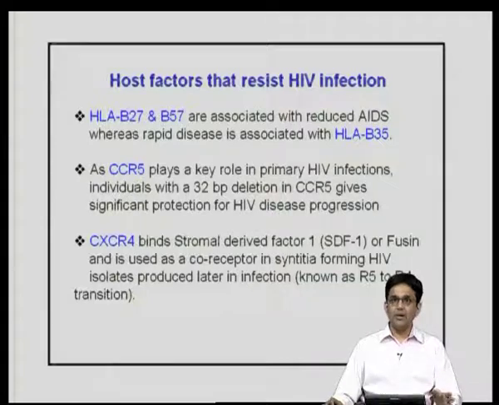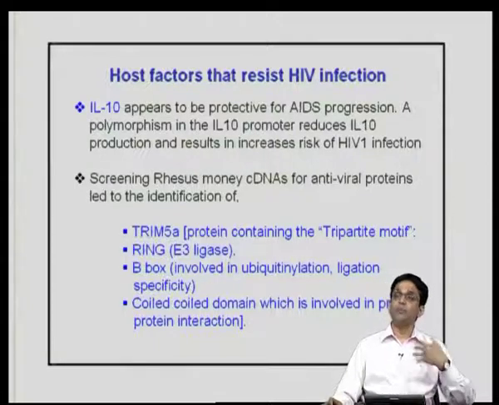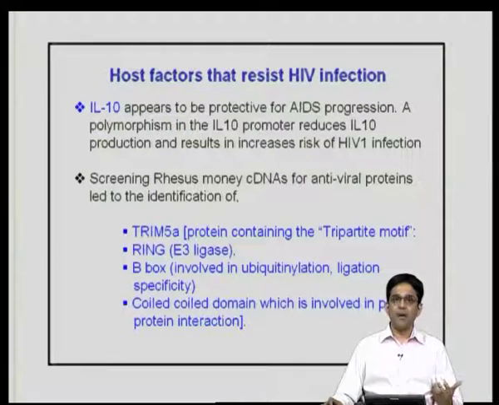Now apart from the chemokine receptors, you also have the MHC molecules, the HLA B27, B57, which play an important role. So for example, B27 and B57 are MHC class 1 molecules. They are associated with reduced AIDS. That means they are more protective, whereas rapid disease is associated with HLA B35. Okay, IL-10 is also important for AIDS protection. A polymorphism in the IL-10 promoter reduces IL-10 and results in increased HIV risk. So, if you produce high amounts of IL-10, chances are better for you in terms of being less